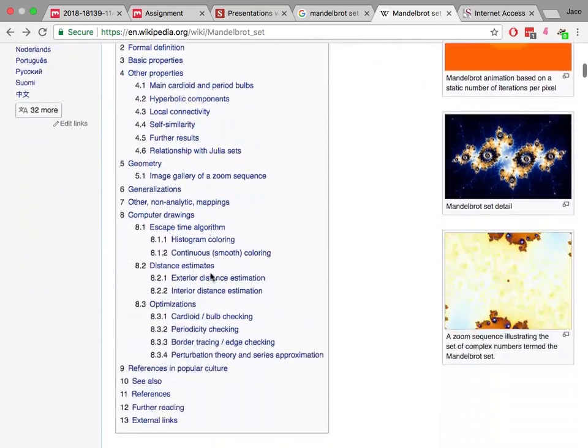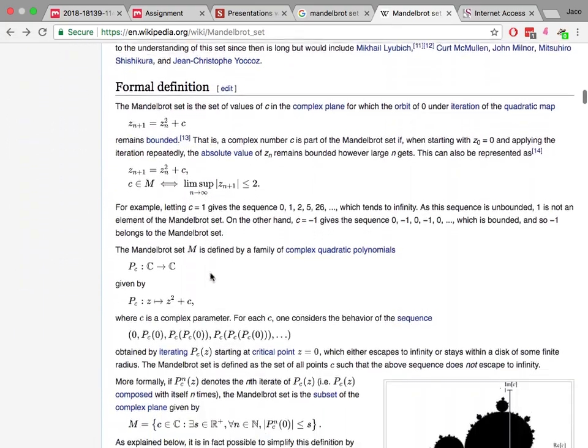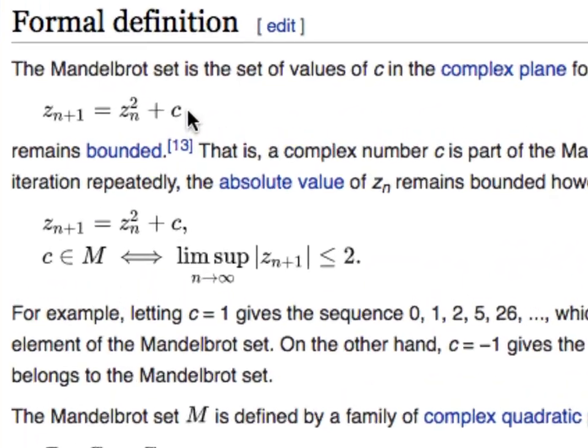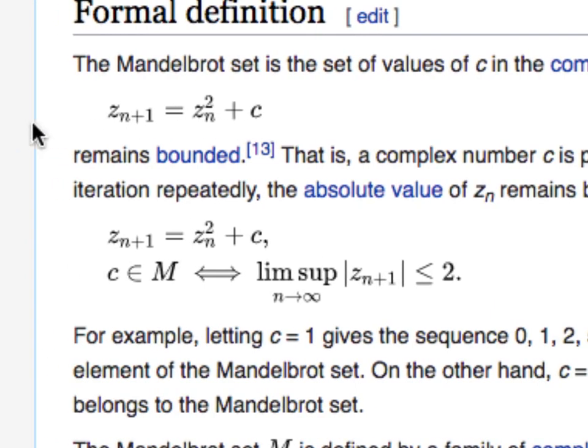Coolio. So we want to do the Mandelbrot set. Wikipedia is going to tell us all about it. Here we go. So I'm going to start here with this equation, and it says that the next point z is simply the previous point z, but you square it and you add c.